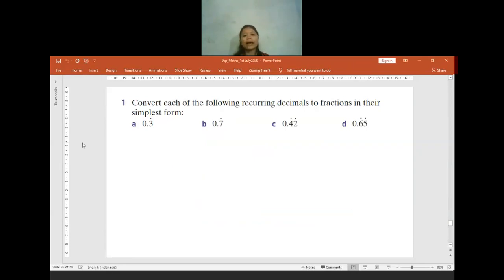So the x will be equal to how many? 3 by 9, teacher. Okay, can you simplify it? 1 per 3. Okay, good job. Is there anyone who gets confused? Why is it 1 per 3? That's correct. It is 1 per 3. 7 by 9, teacher. Okay, good job. Wow. No one gets confused then.